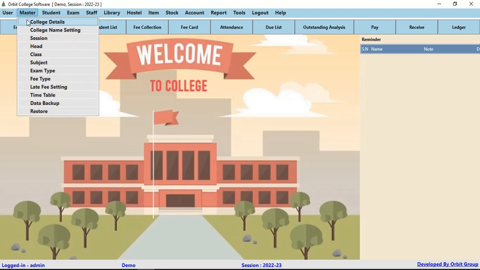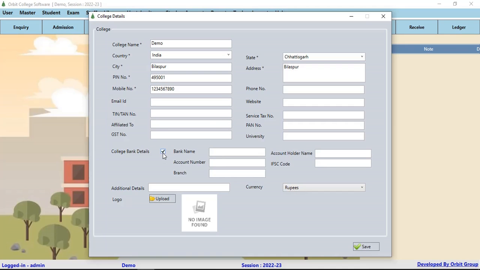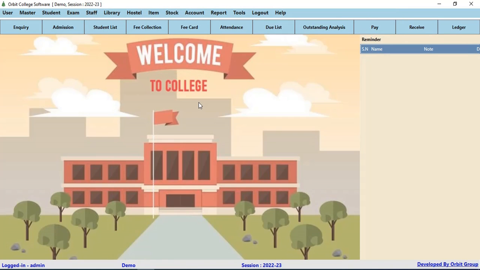Let's check out. In college details, here you have to enter the college name, country, state, city, address, PIN number, mobile number. You can see the star marks here. These are the mandatory fields which you have to fill, and if you want to add the college bank details, you can add the college bank details here. And if you want to upload the logo of your college, you can upload it from the upload button. Then click on the save button to save the college details